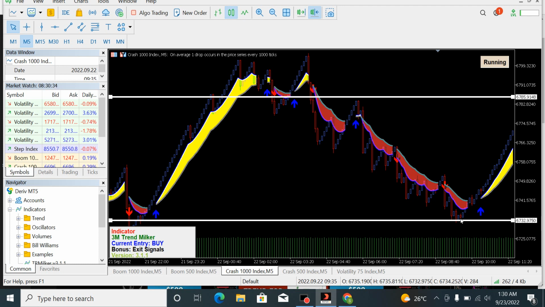You can have your setup. If you have this kind of indicator, have it on your demo account so that you can practice with it. But if you don't have it, whatever setup you want to use, you can use it. It's not compulsory. So far you are able to identify some of the things that I have highlighted in this video, then practice and perfect it very well before you go fully into your real account. That is very, very important.